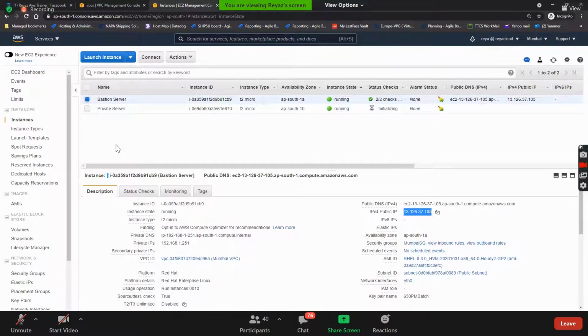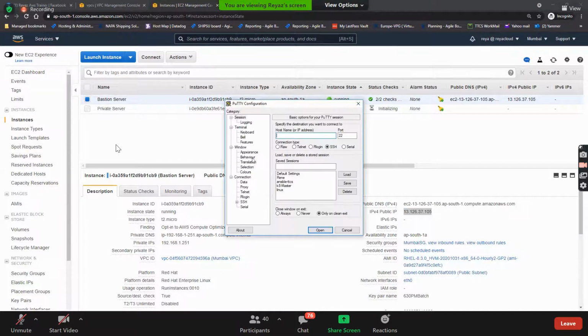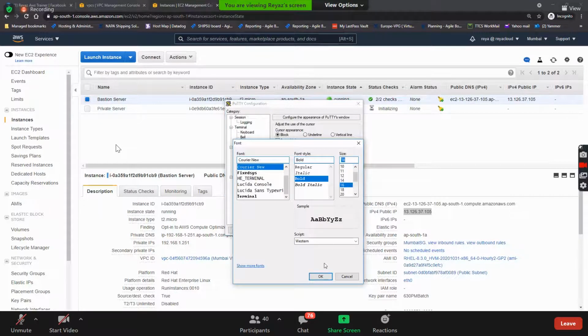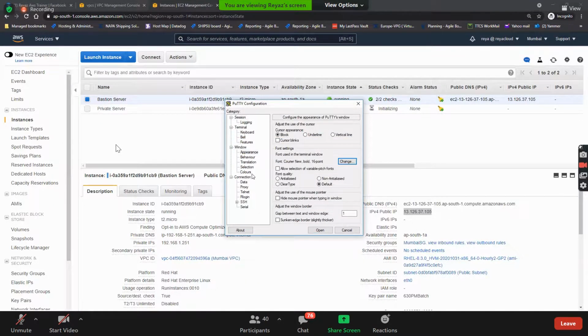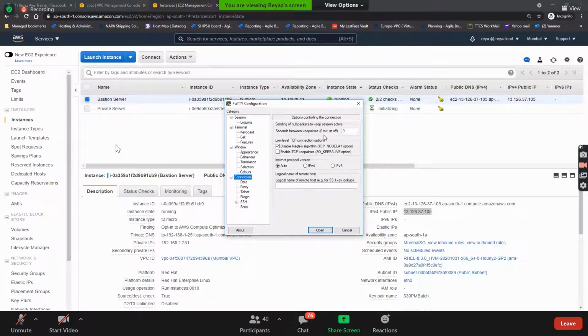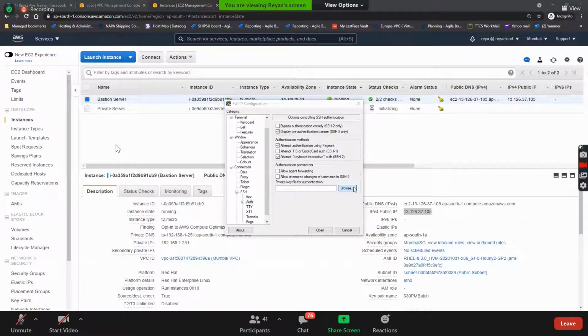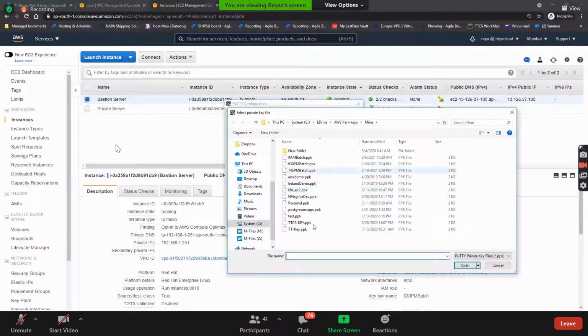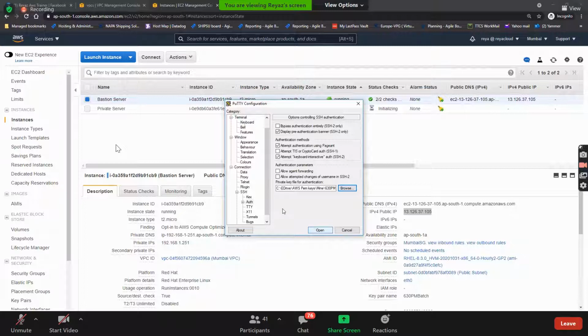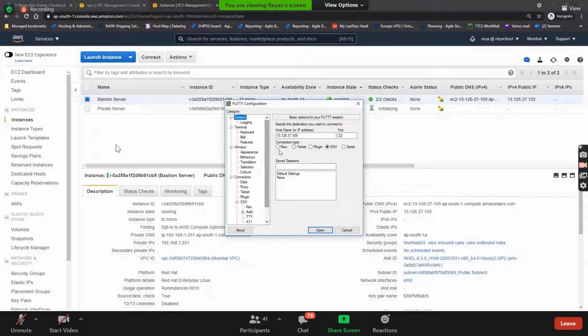So let's open the terminal and put the IP address. Connections, auth, SSH. Guys, if you are able to log in, whatever architecture we have done is super good.